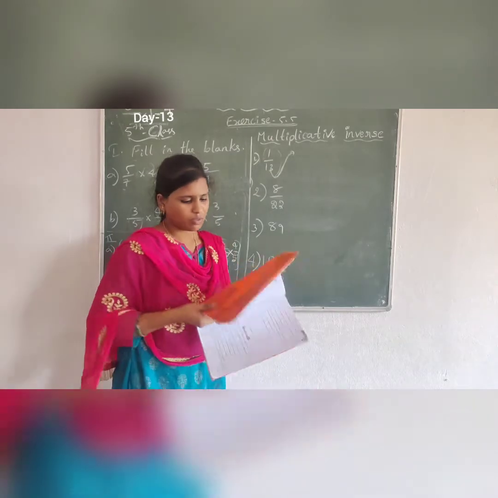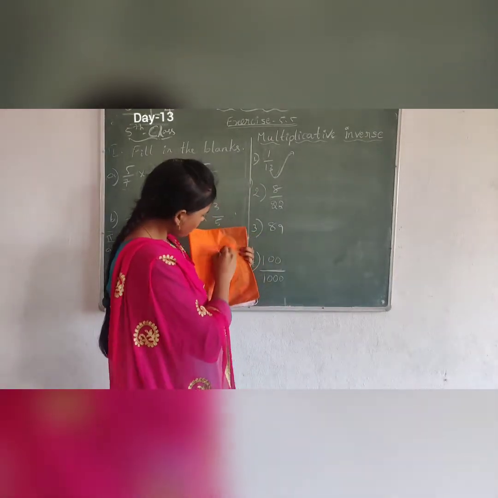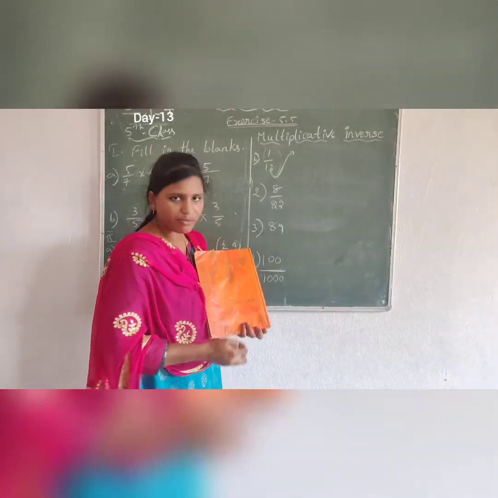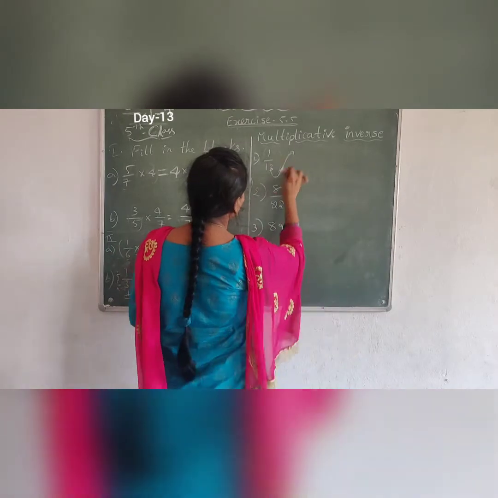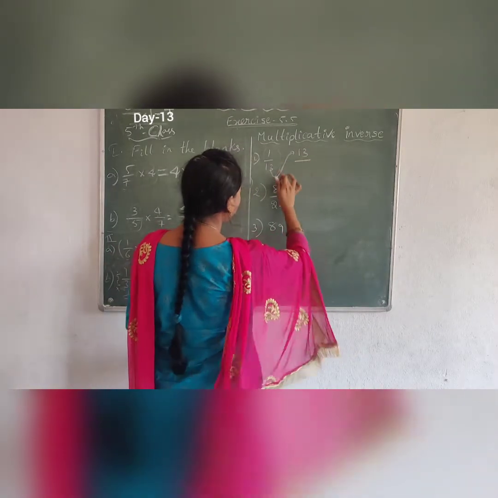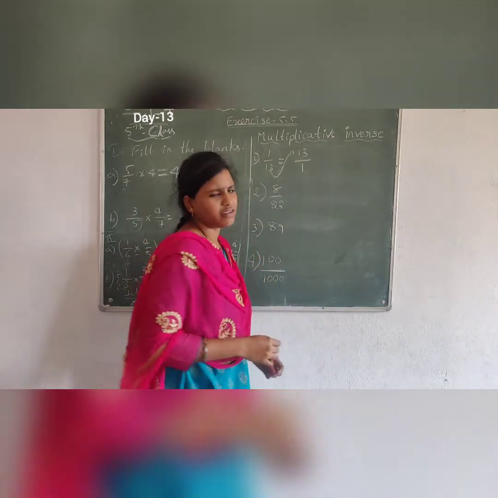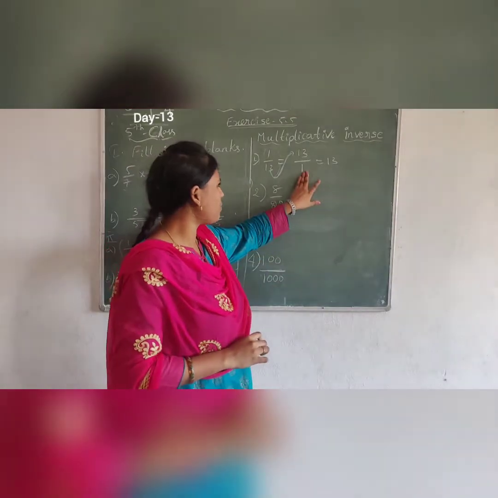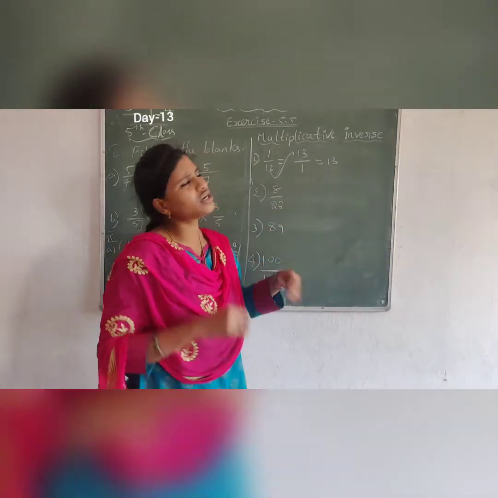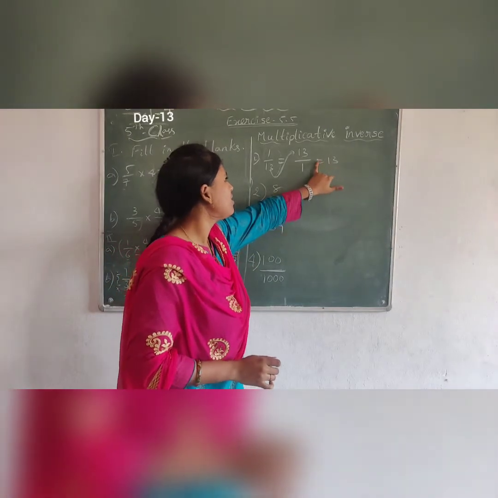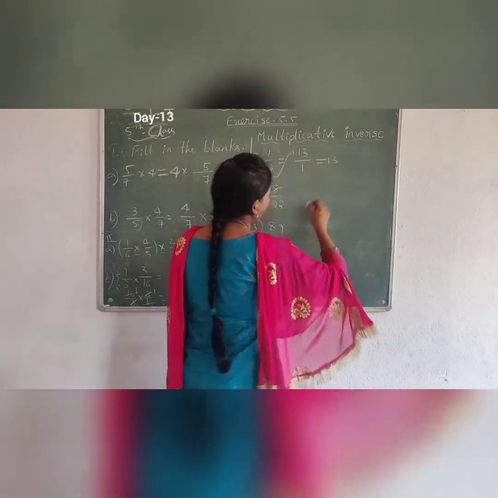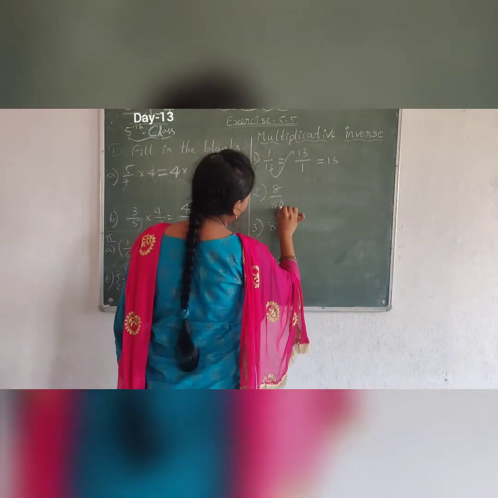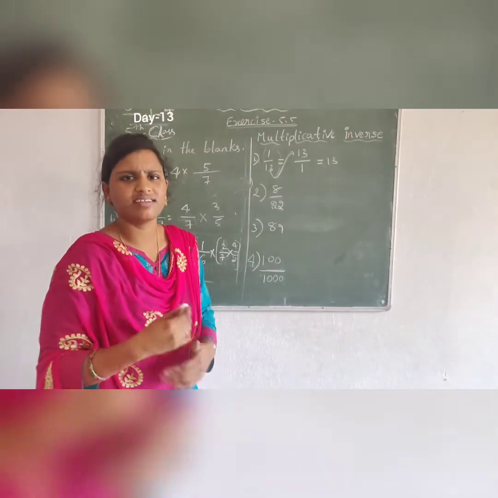For example, if you take 1 by 13 here, if you turn it like this, it is 13 by 1. So 1 by 13 means 13 is written in the numerator place and 1 in the denominator place. 13 by 1 is just 13, because the denominator is 1. If it is there or not, no problem. That's why I wrote 13 here. Understood? Let's see this one. 8 by 22. The two numbers are changed there.